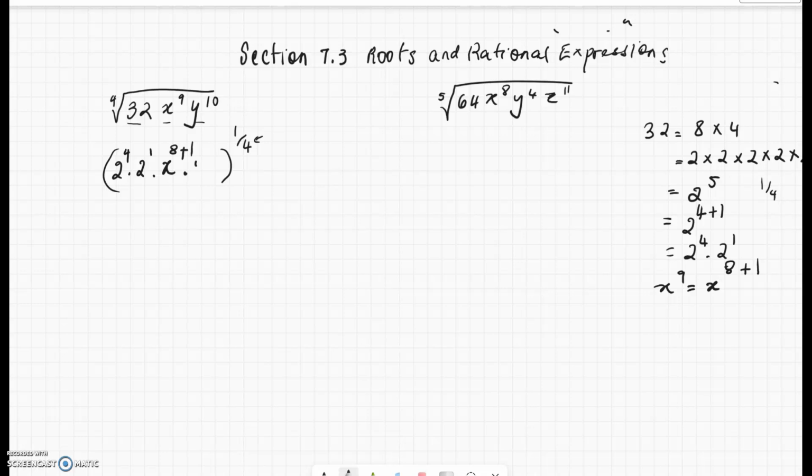And the largest multiple of 4 less than 10 is 8, and 8 plus 2 is 10. Let's rewrite this. It's 2 to the 4, 2 to the 1, x to the 8 times x to the 1, using the rule of exponents, and this is y to the 8 times y to the 2, whole to the